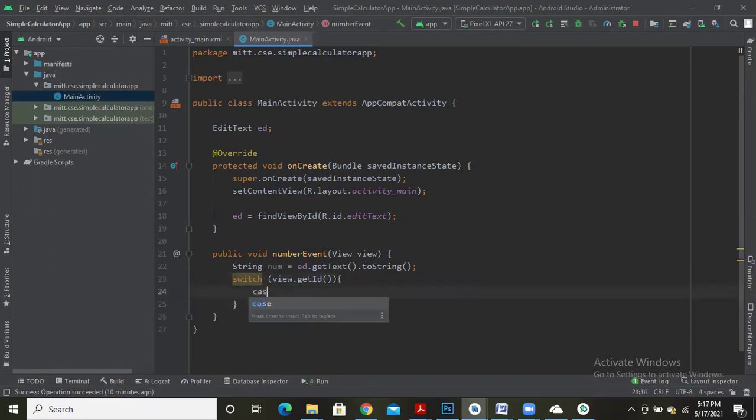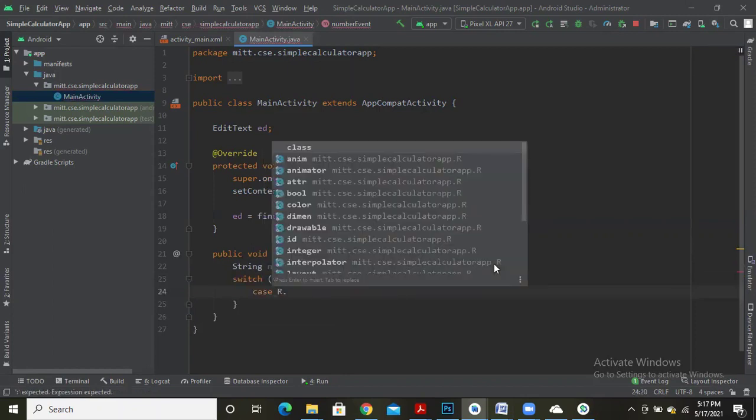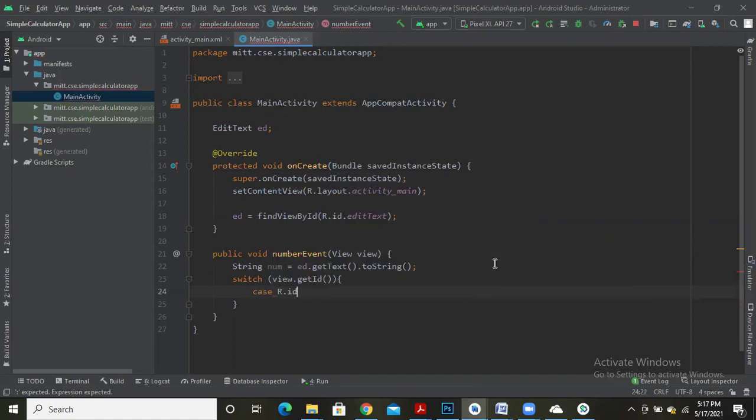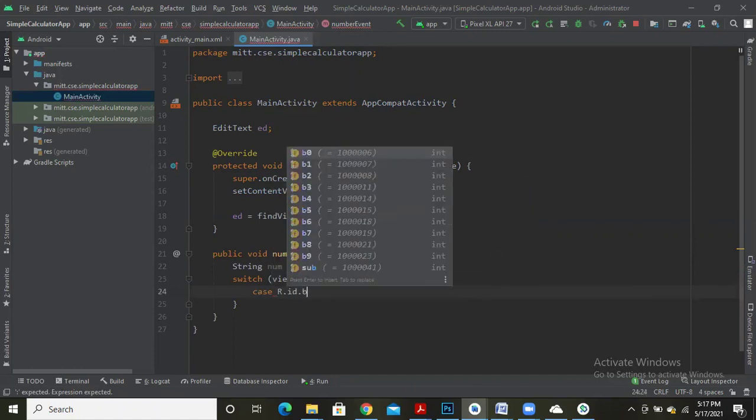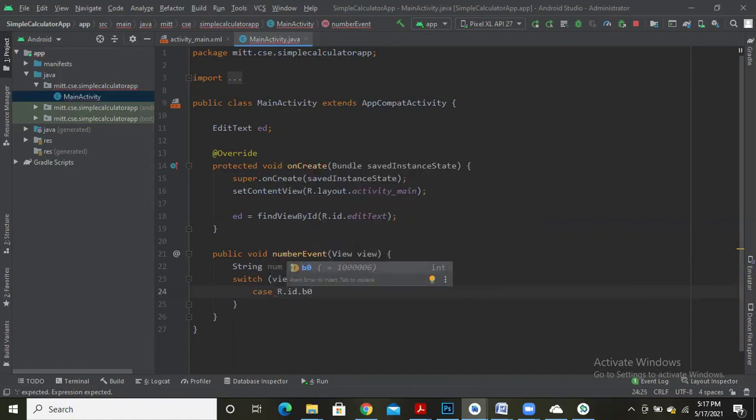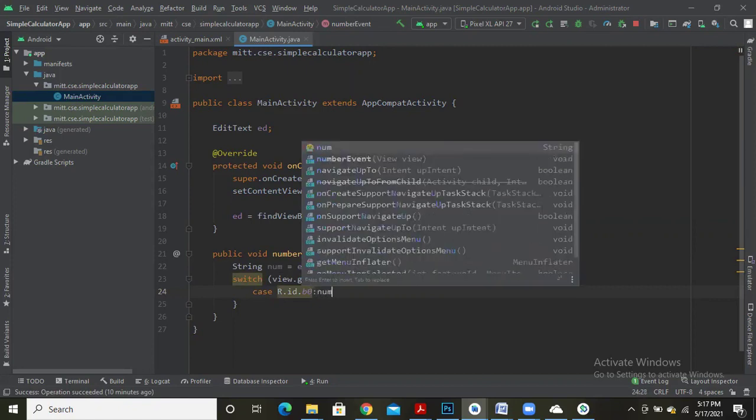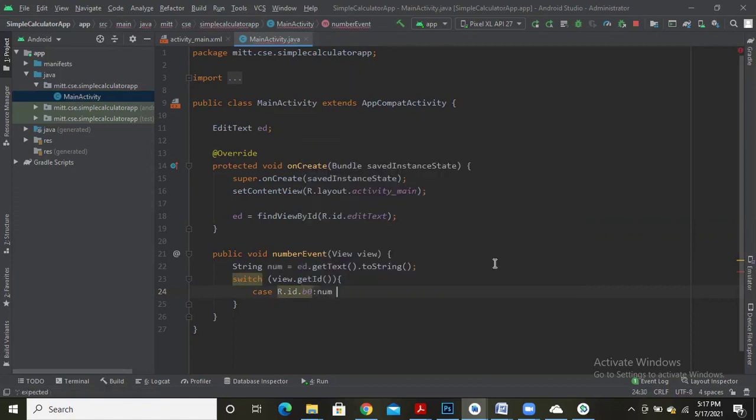So case R dot id dot B0. If I come to know that my ID is B0, then this is an ID with respect to button 0, in which case your number should be appended or concatenated with the value 0.